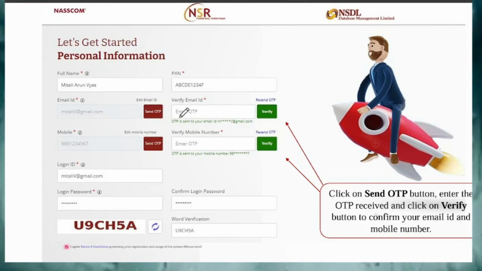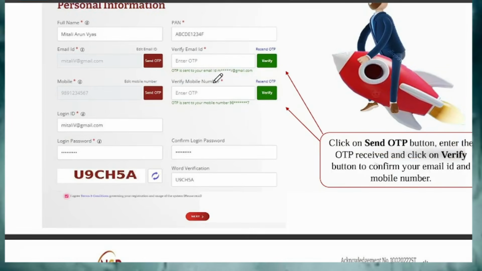So just you have to verify the email ID. Okay, and you have to give the PAN number. Okay, and make sure to check the detail of PAN number. Otherwise, if you get the detail wrong, then it might cause some issue for the further process. Okay, so make sure to recheck at least twice, and then you have to basically verify your mobile OTP, and